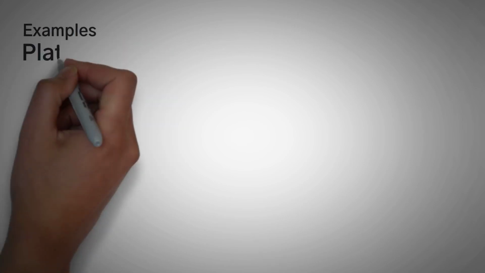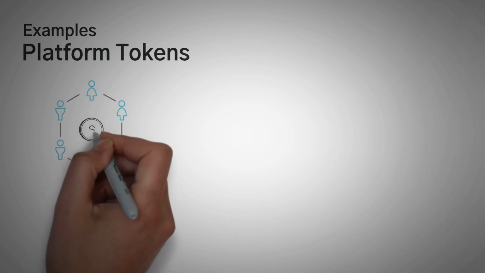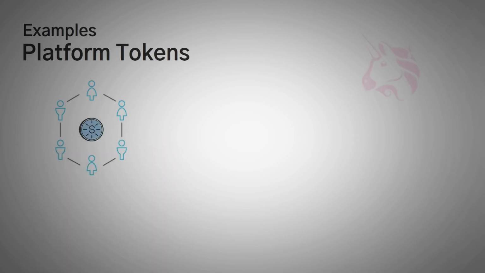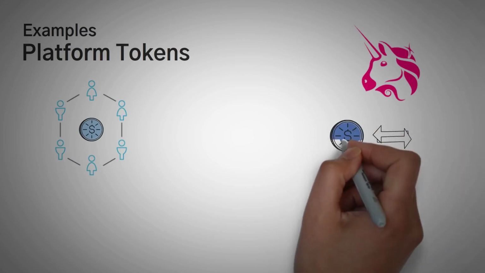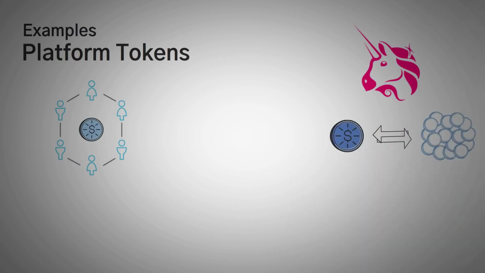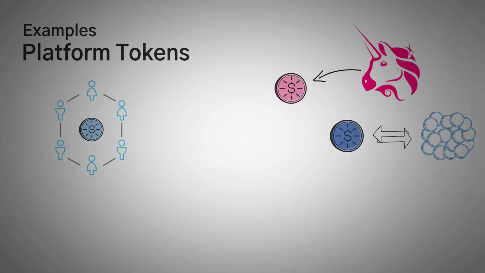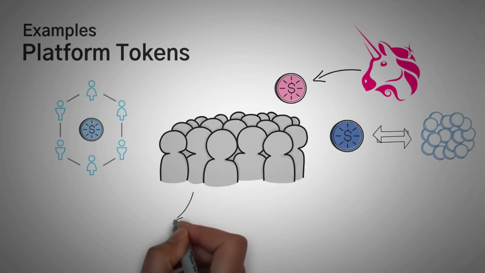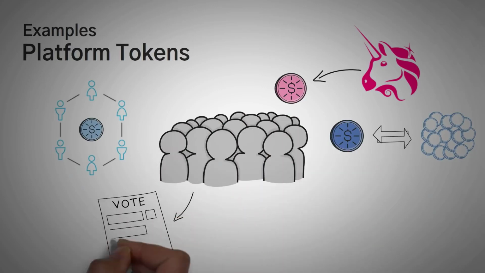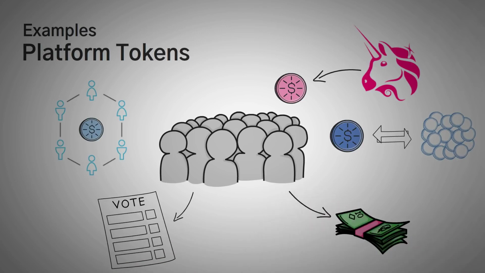So number one, platform tokens. Platform tokens are created to support a decentralized application on the blockchain. For example, Uniswap is a decentralized application that allows users to swap out Ethereum tokens for other Ethereum tokens. And even though they are a decentralized app, they also have their own token, the Uniswap token. This token is given out to those who invest in their platform, and it has the promise that eventually token holders can vote on changes in the future, and maybe even earn some of the profits from the trades.